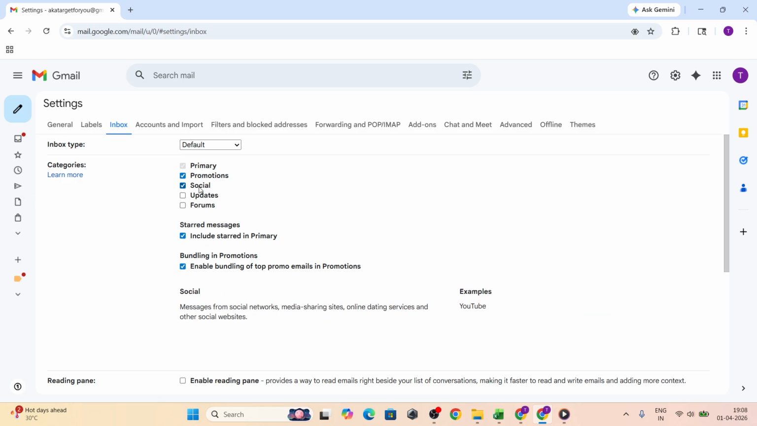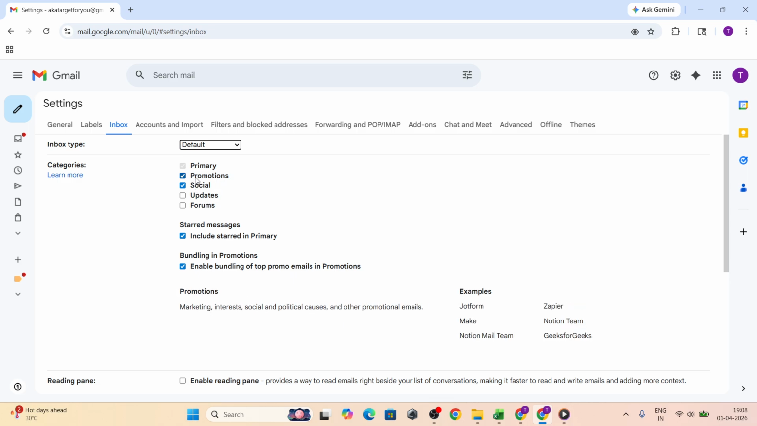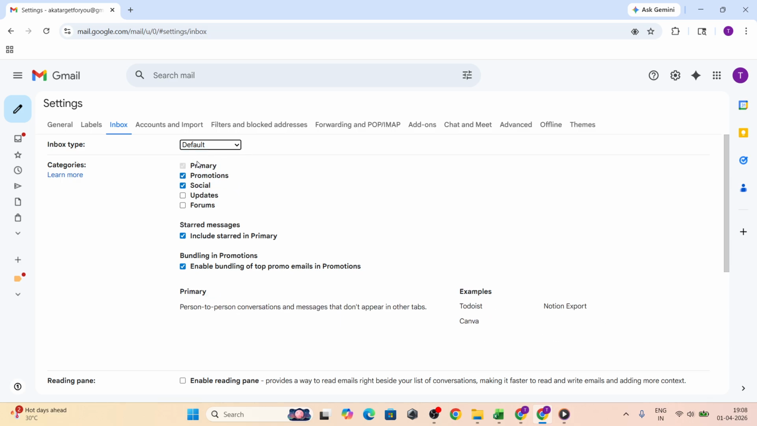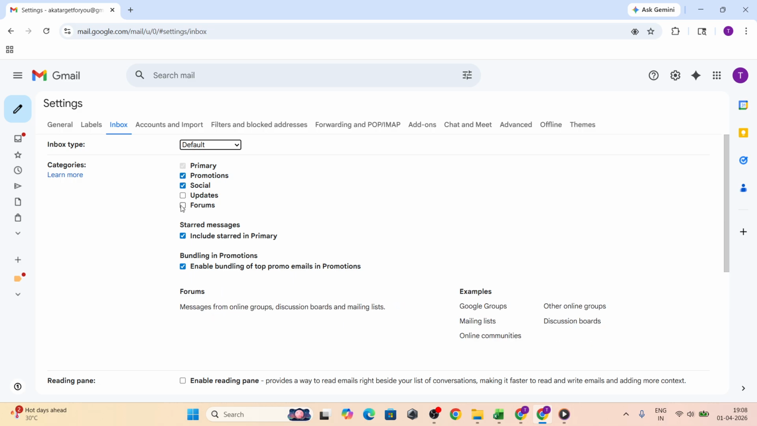Under Inbox Type, select Default. This is important because the category tabs only appear with the default inbox. If you've been using another layout like Priority or Unread First, switching to default enables the tabs feature without changing your emails themselves. In the Categories section, check the boxes for the tabs you want to enable: Social, Promotions, Updates,